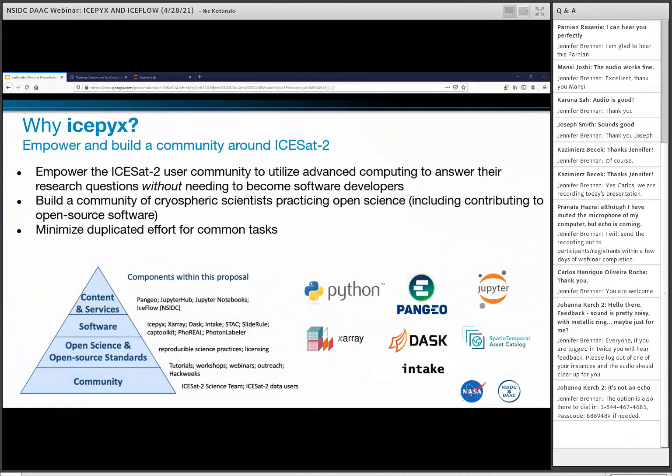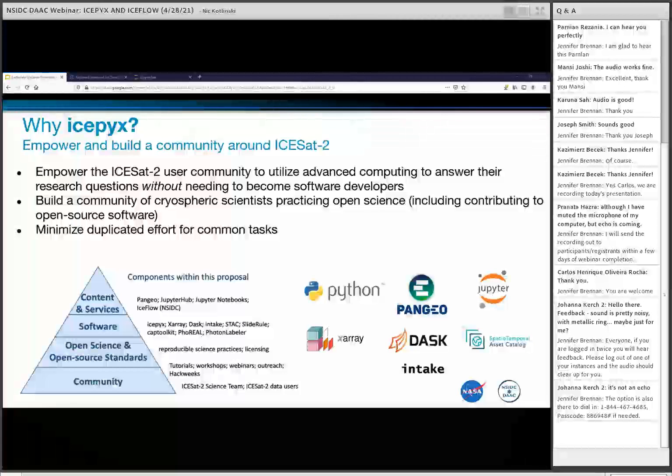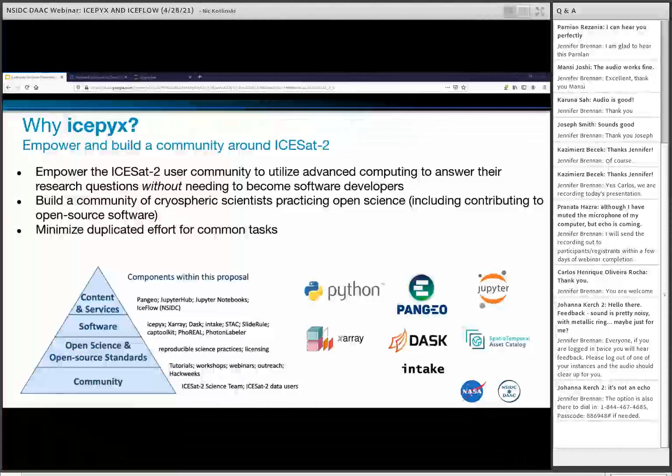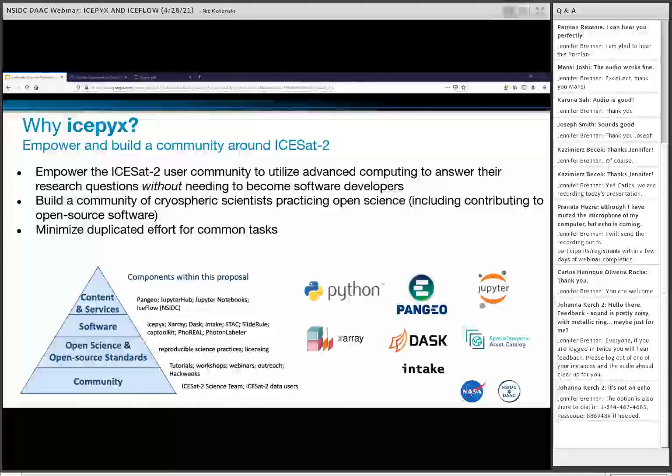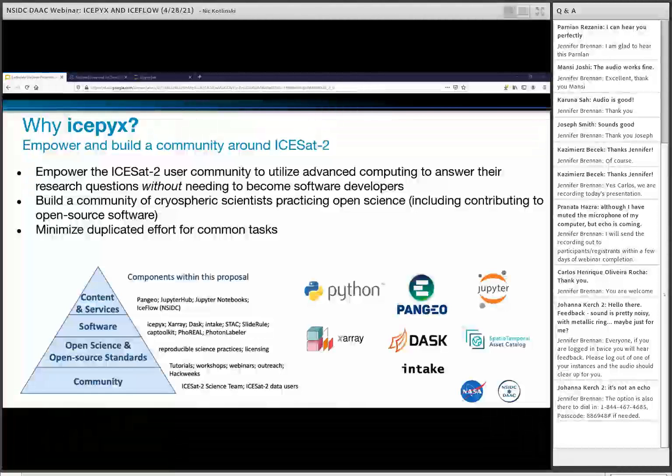So to provide context for the community aspect of Icepyx, I wanted to quickly tell you how Icepyx came about. During the inaugural ICESat Hack Week, which was cryospheric themed, and for those of you unfamiliar with a Hack Week, it's like a software carpentry meets hackathon style workshop geared specifically for scientists to learn technical skills and about software packages related to a given topic, in this case IceSat data, and then apply that tutorial information through small self-selected projects, while the course instructors and other experts are available to help them troubleshoot and answer questions during the project